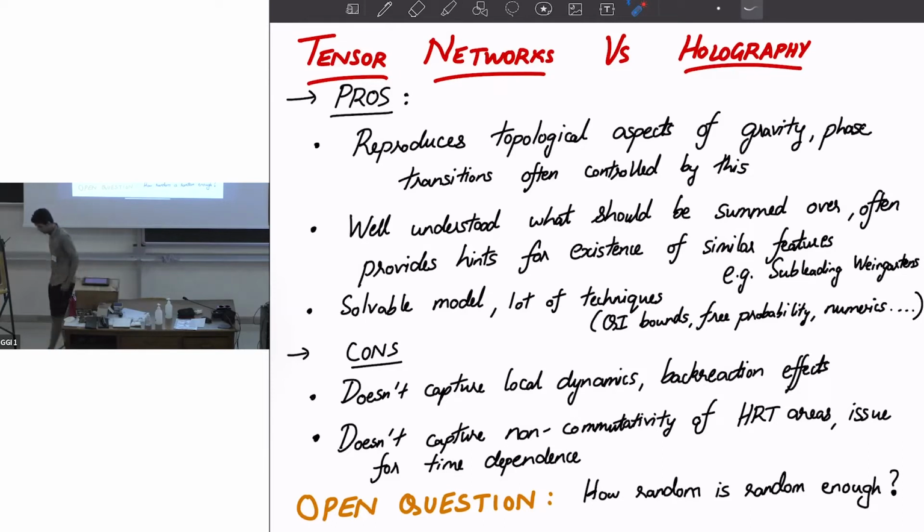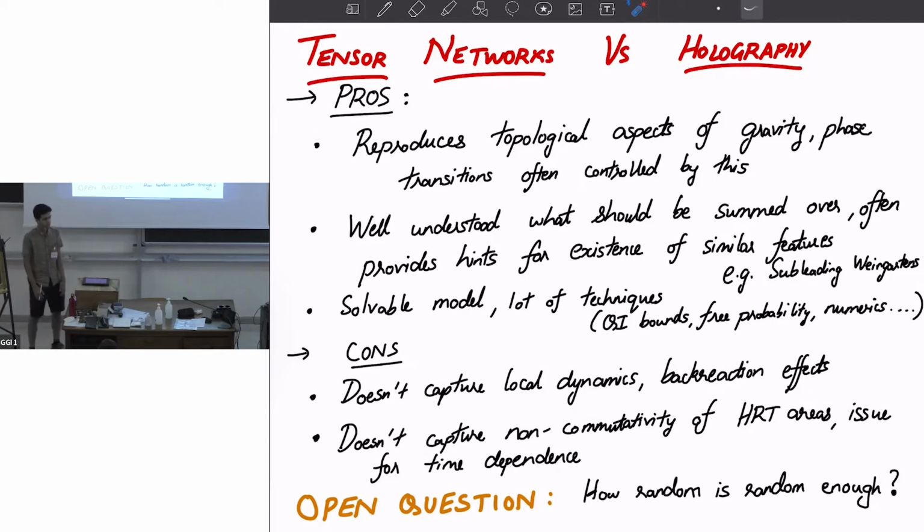More so, there's always this issue with the gravitational path integral that we don't really know what to sum over. There are issues with the contour and so on. It's not a very controlled approximation. The tensor network, on the other hand, is something where you exactly understand what needs to be summed over. So it's a much more controlled place where you can really trust the answers you obtain. Very often, because of this match between the tensor network and the path integral, you find features in gravity that you would have never expected.